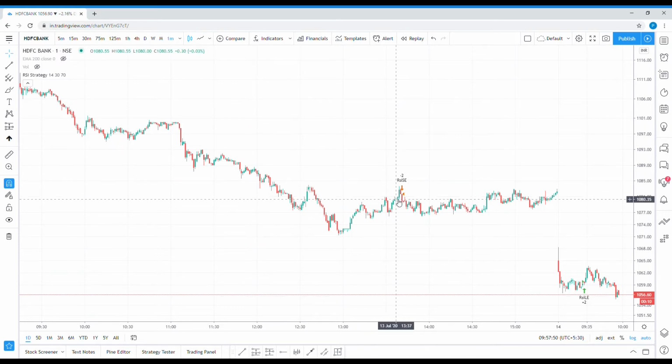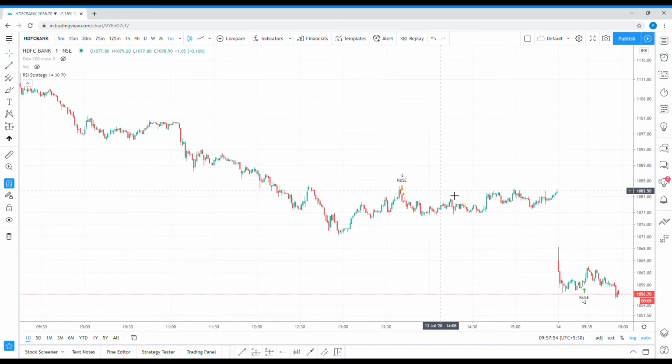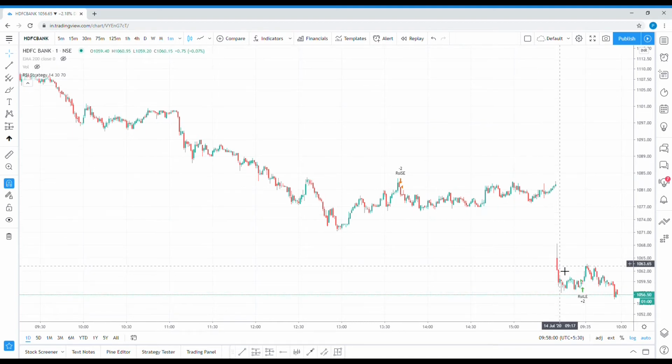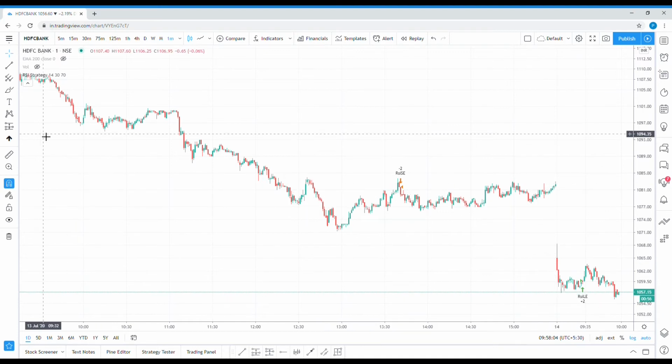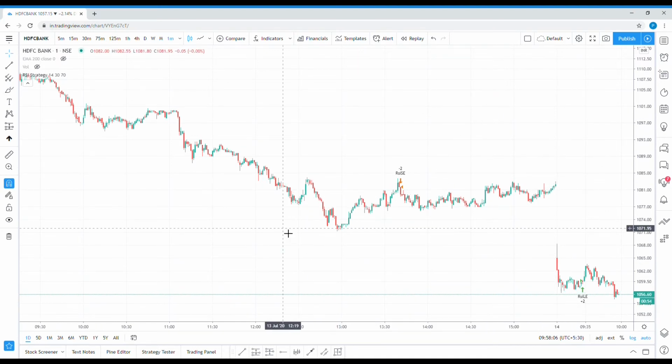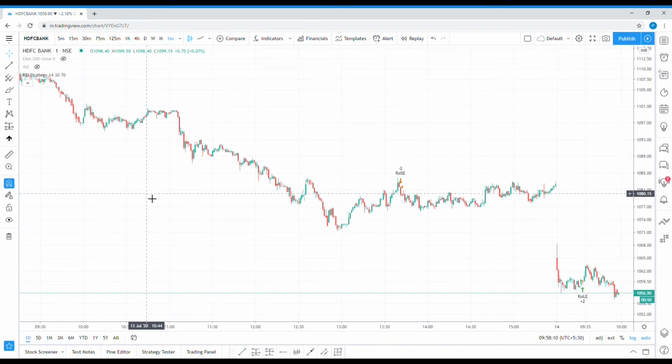If you go here, 13 July 13:20, 13 July 15:29, right? And this is the next day. The most part of the screen will show you the candles from one particular day only. So this is of the last day, you can say.